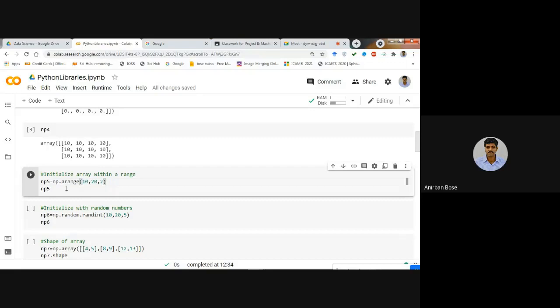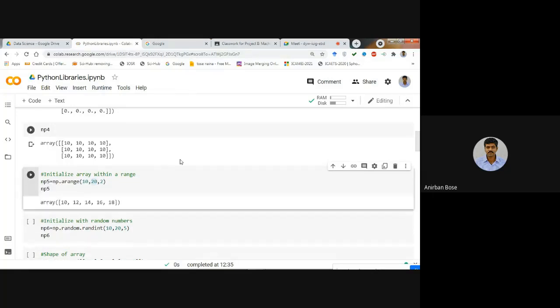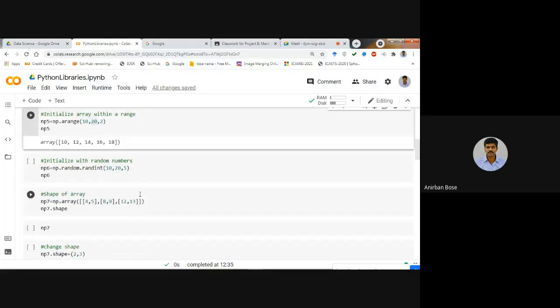np.arange, and within brackets you write from which number to which number you want to create that array, and what will be the difference between any two consecutive numbers. So this will be a single dimension array. In that way you can create within a particular range. Here you can see this one, and you see carefully that 20 is not included in that array. So these are the things that you have to observe. It should be less than 20, that you have to remember. It will include 10, but it will not include 20. Okay, these are the things that you have to observe carefully.